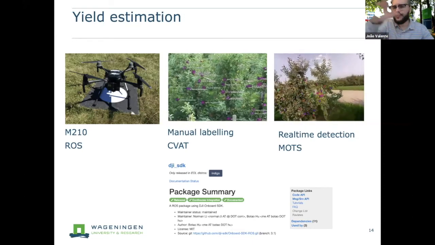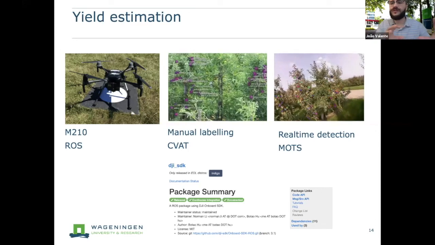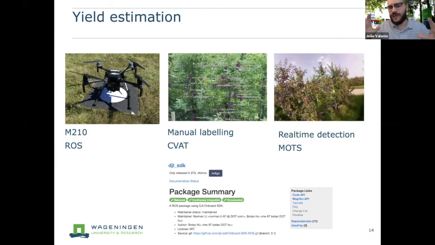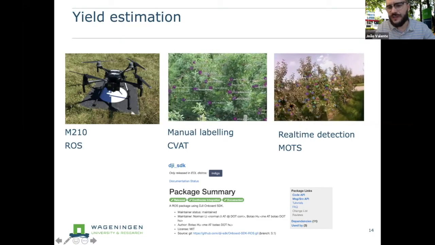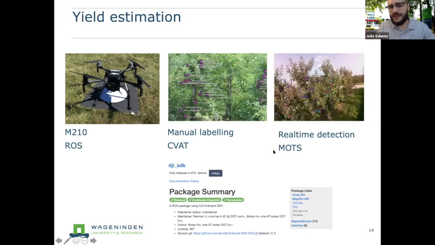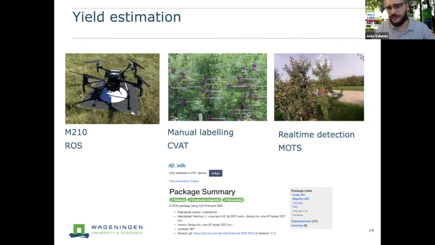You can share between users, which is great because you need tons of people to do this sort of work. Tons and tons of images were labeled. You need tons of images to achieve the result that you can see here on the right, which are preliminary results using real-time detection using MOTS.